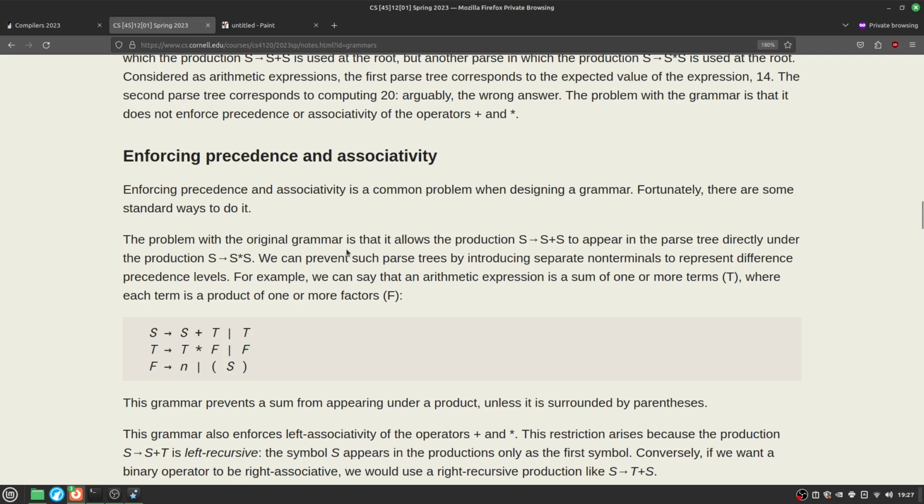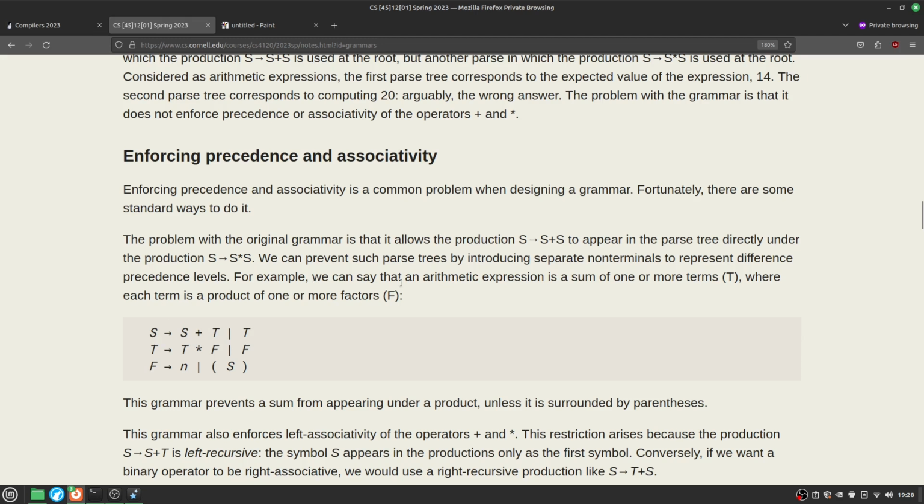So for example, we can say that an arithmetic expression is a sum of one or more terms t, where each term is a product of one or more factors f. So S can be an arithmetic expression which is the sum of terms, so in the base case it would equal t, and then in the recursive case it would be itself plus t,